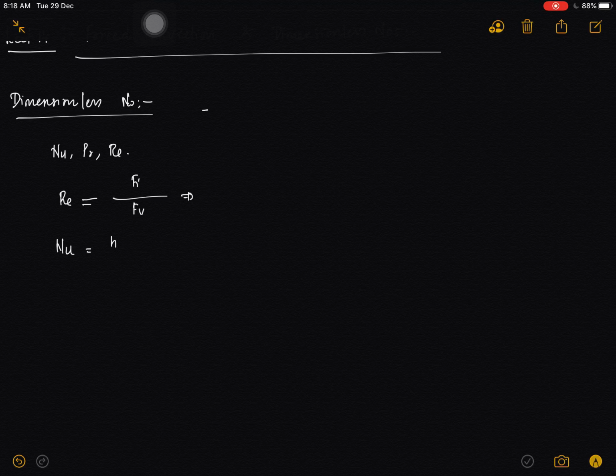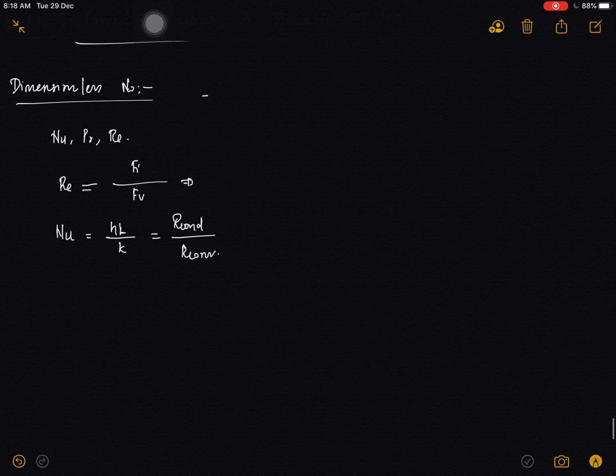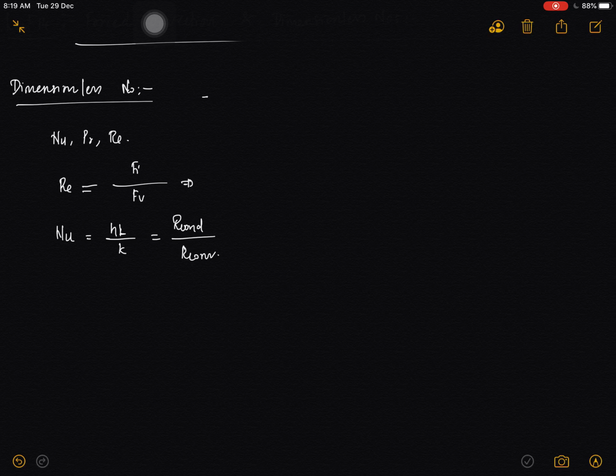And then let's deal with the Nusselt number, and this Nusselt number is given by the equation hL by k, and this is also the ratio of conductive resistance to the convective resistance. In the last class, while we were dealing with the lumped capacity model, we dealt with a dimensionless number called the Biot number, and this Biot number also has the equation hL by k, and this is also the ratio of conductive resistance to convective resistance. And the difference is that